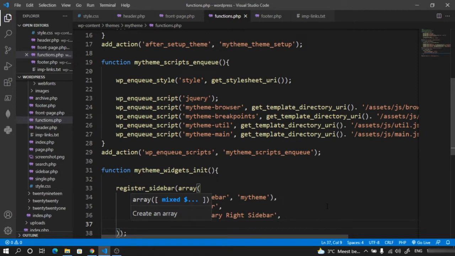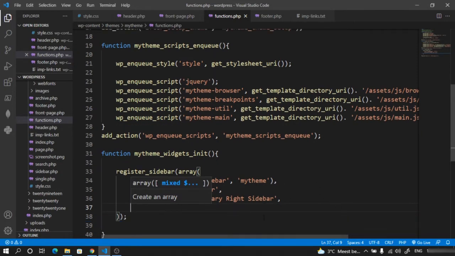Okay, so we have this now, and because we want to put our custom HTML in this and then have them appear, we also need to take care of certain other attributes. So it's before widget. Before this widget, what do we want to wrap it as tags? So we have to give that. Let's go with the default. So it's a